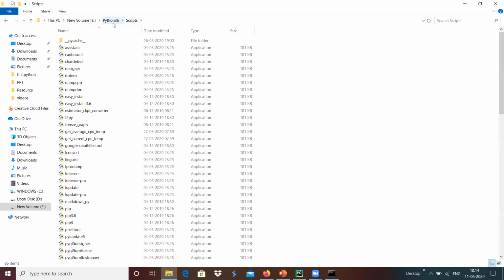Whatever the location of your Python installation, within that you will have the Scripts folder. Inside Scripts there will be a file called pip3. You can go into that folder and execute pip3 install openpyxl, or any package you want to install into the Python system.